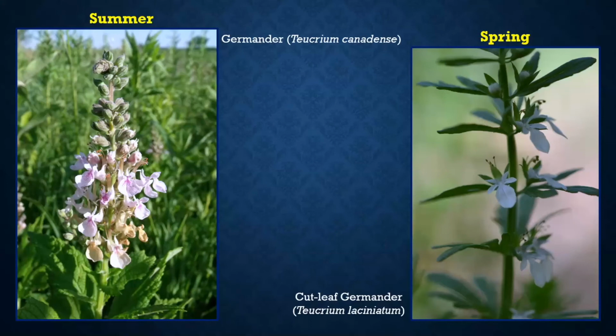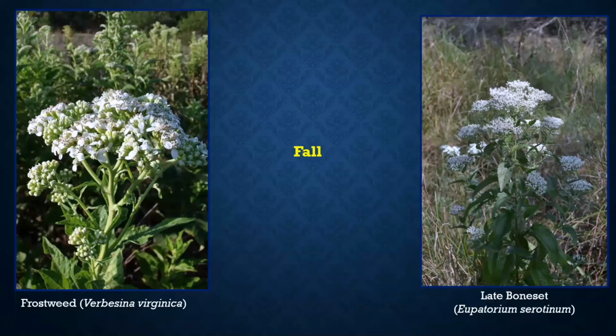But these are examples of a couple of these wildflowers that you might stumble across. And then in terms of white flowering plants, lots of them, of course. Two of the bigger ones that we're going to see that are perennials are frostweed and late boneset. Late boneset and frostweed can grow in upland situations. I've seen them in all of the different places, but particularly down along floodplains, in riparian zones, you'll often see